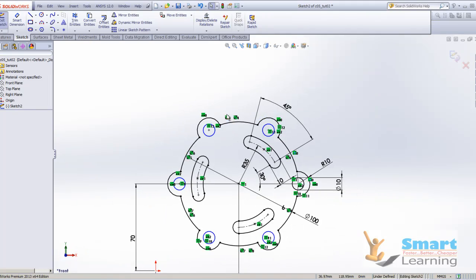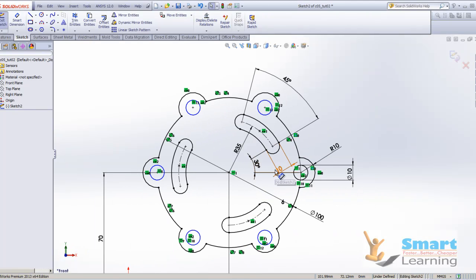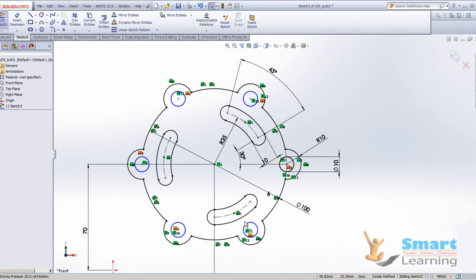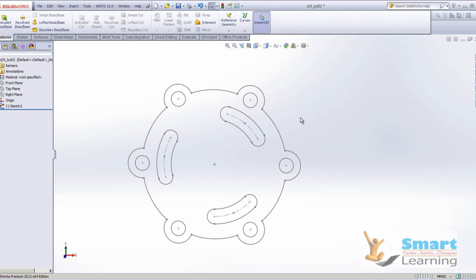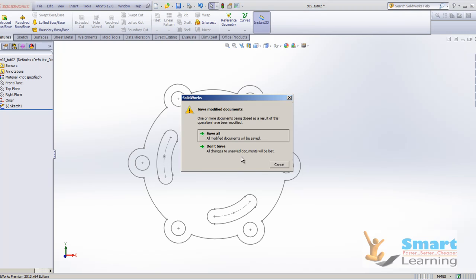So once you create the master circle, after that you have to use the circular patterns. Here you have to create the circle and trim this, then position this particular circle and create the 6 instances. After that you have to position this at 30 degrees, this particular slot, by taking this option. Then create the 3 copies, and once this sketch is done, you will be getting this. So quickly I will show you how to create this type of